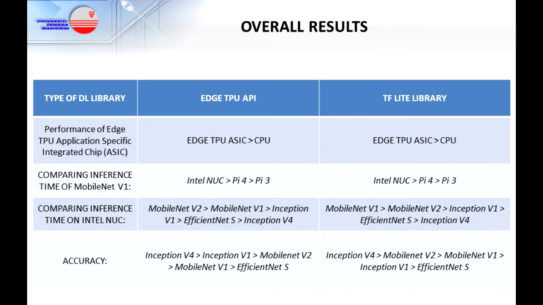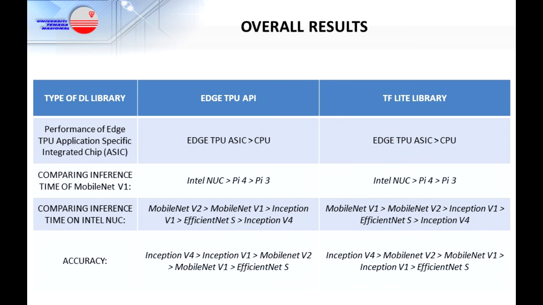For the performance, the Edge TPU is faster compared with CPU. From the hardware testing, we found that Intel NUC is faster if we compare the inference time, and the result also shows the comparison of inference time on Intel NUC using different neural network models, and also